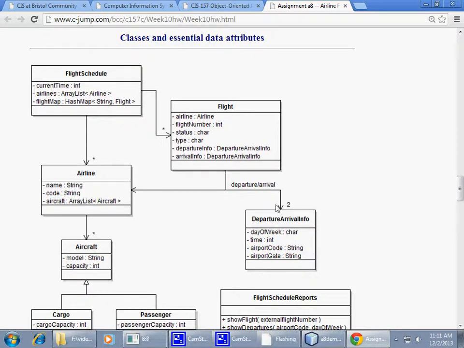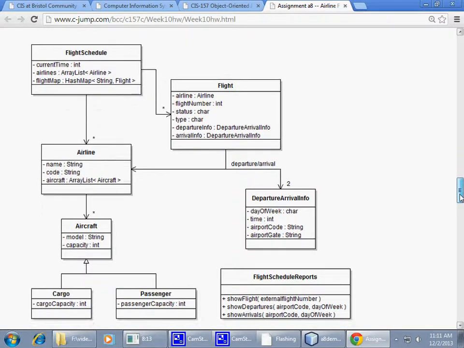So the next thing that we need to discuss is that we have an airline. For the sake of simplicity, the actual homework description tells you that you can simplify the structure by saying that an airline has just one type of aircraft, and you can collect the data from the user about that and store all this information within airline. Because after all, the compromise being made here is that you're not overwhelmed by creating too many classes in the system, but at the same time you can focus on the schedule, right? So not so much on the aircraft